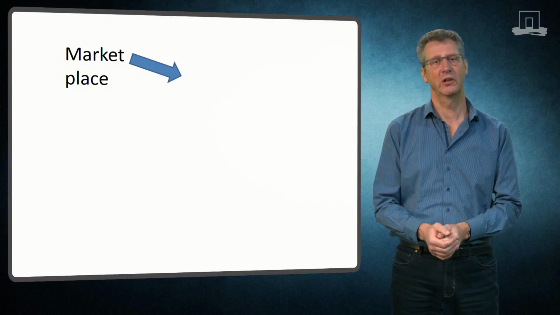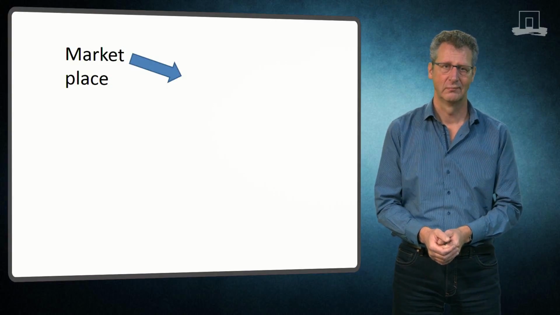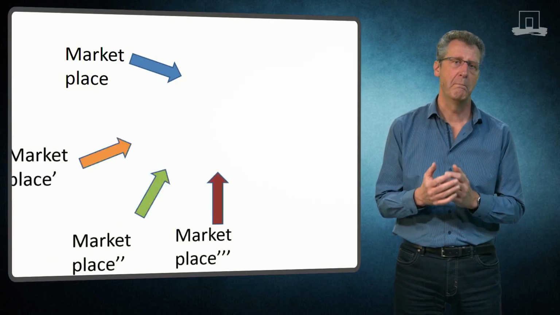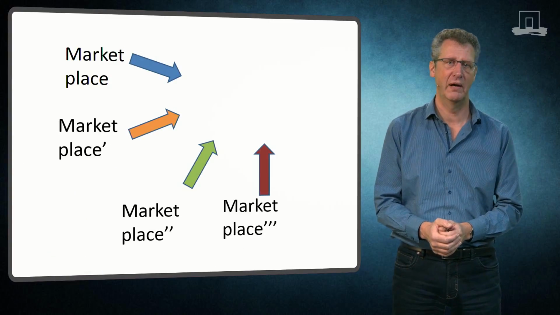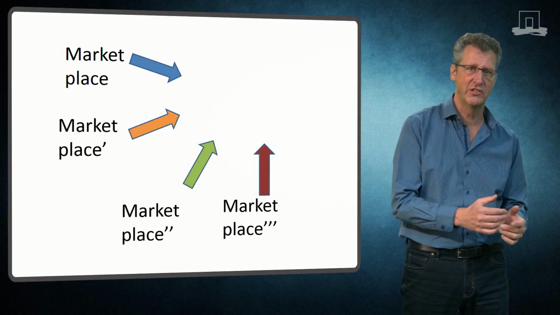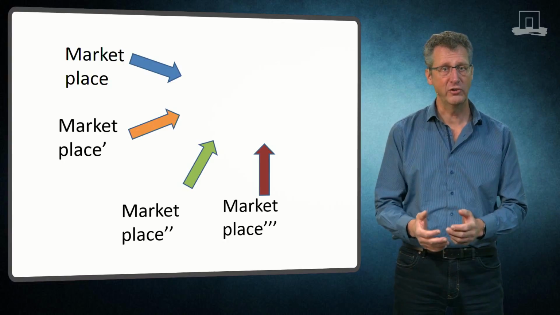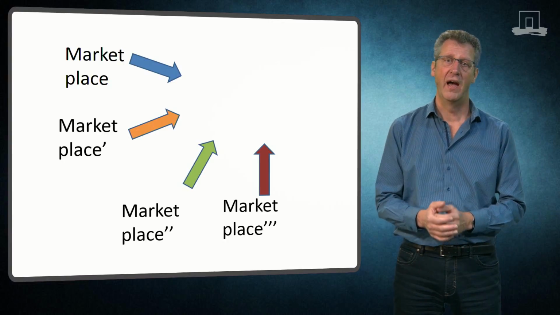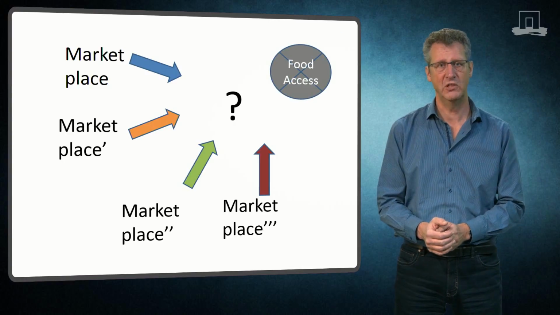Marketplaces are important locations to help in understanding food access. Since there are many different types of marketplaces, it is not possible to talk about the relationship between food access and marketplaces in very general terms. So, as a first step, it is relevant to observe how real marketplaces influence the ways in which people access